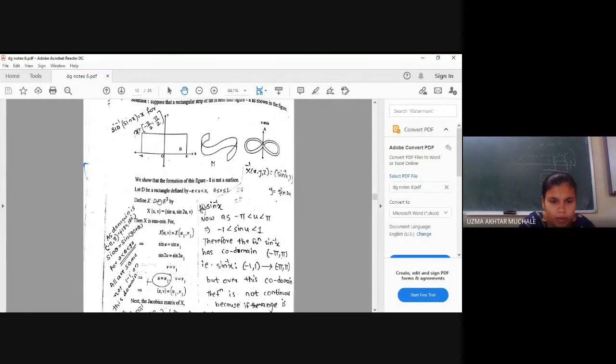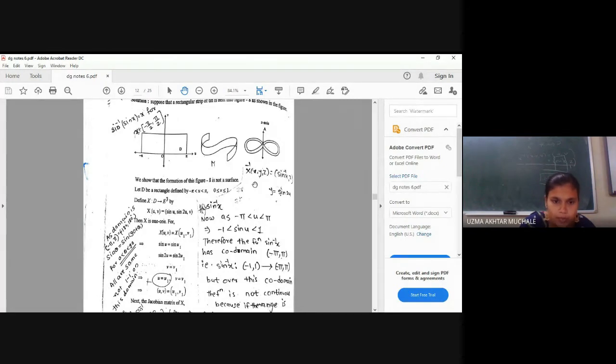Okay, now if I want to find out the inverse function, it will be from M to D, right? M is any subset of E3 space. So what should be the inverse function? X inverse of, as it is from E3, so it is XYZ. X inverse of XYZ is equal to, as it is going in D, so what are the variables in D? Only U and V. So for X inverse of XYZ, you have to write down U and V. But now you are not knowing what u and v are.